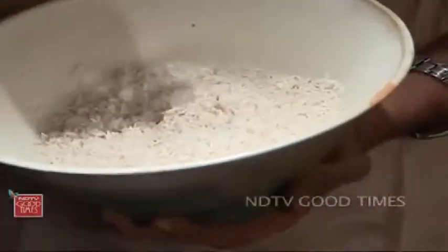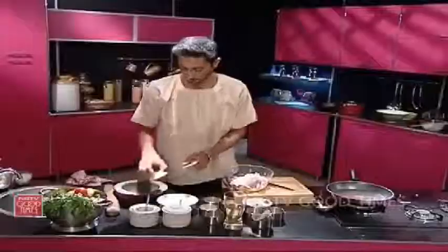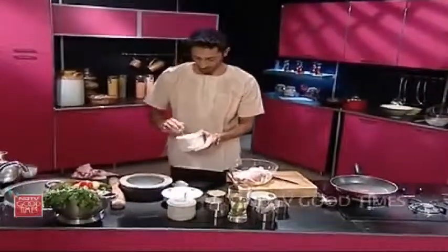I'm going to do a version of this delectable Lucknowi dish. And for this, I first have with me half a kg of basmati rice, which I've soaked in water. I've beaten the curd basically with a little whisk. Now into this, I'm putting a teaspoon of red chili powder, a generous pinch of salt, some ginger garlic paste, a teaspoon or so of turmeric,